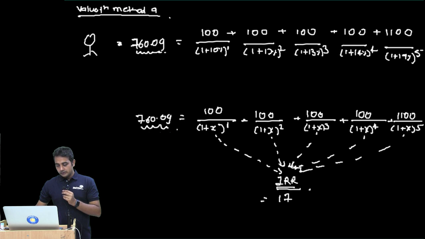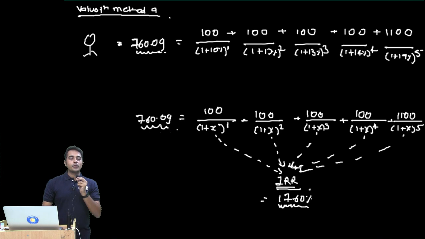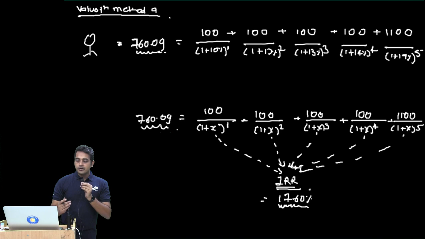17.60%. So now we have the answer to the investor's question. Investor comes to you and says, if I buy this bond at 760.09, how much will I earn on this bond? You tell him approximately on an average. I'm emphasizing the words on an average because it's an approximation, a mathematical average of those spot rates. So on an average, what you're going to earn is